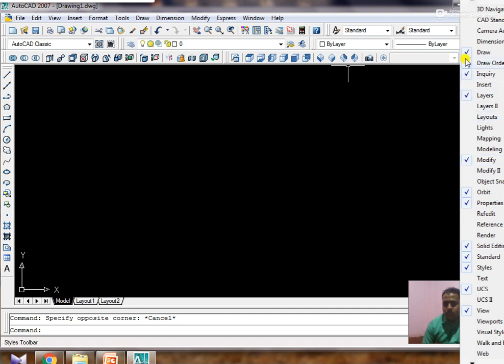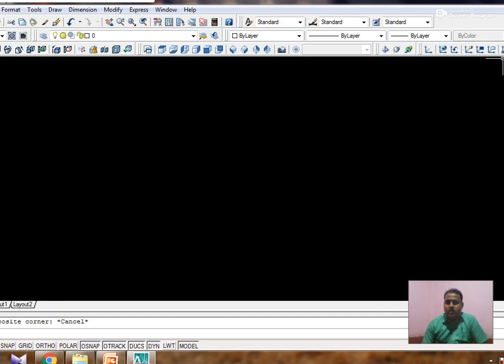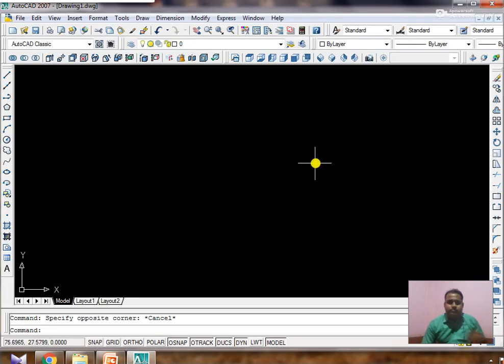All these tools are visible. These with tick marks, this is the draw toolbar, and this is the modify toolbar. Yes, there is a modify toolbar. Tick means all these toolbars are in the window. Okay, so now